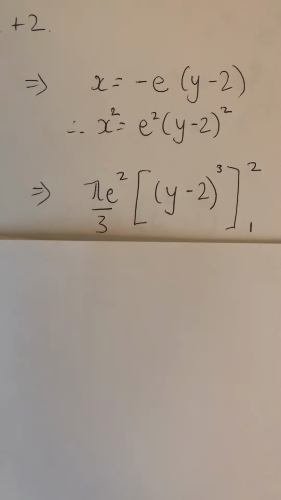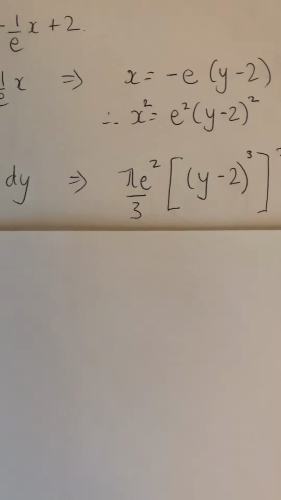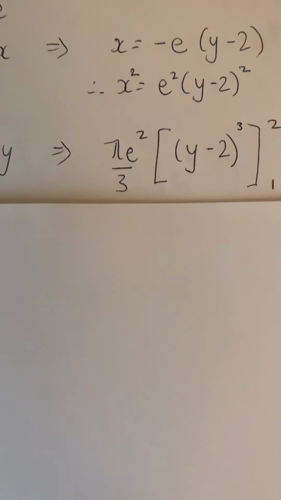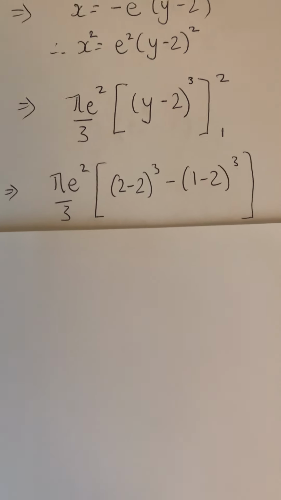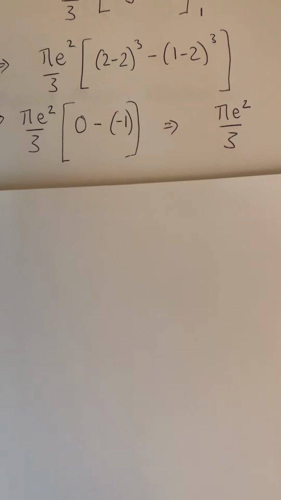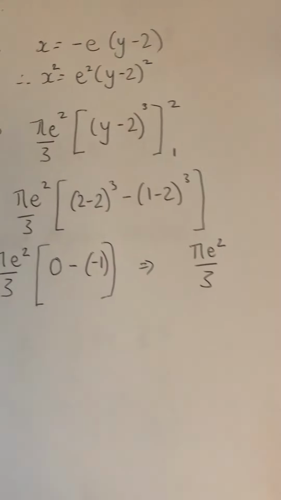I really like constants outside my square brackets. So I've then integrated it, again normal maths, and I substitute my limits in. I am mindful that it's a show that question. So I've substituted my limits in, and I end up with a really neat a third pi e squared. Okay, so then,